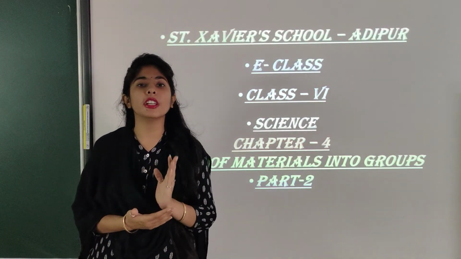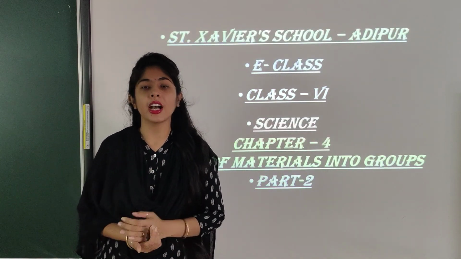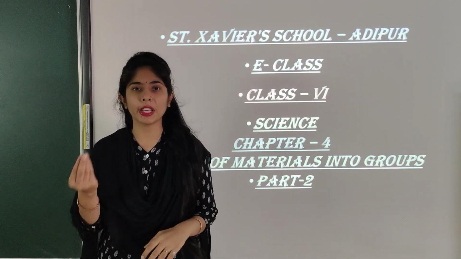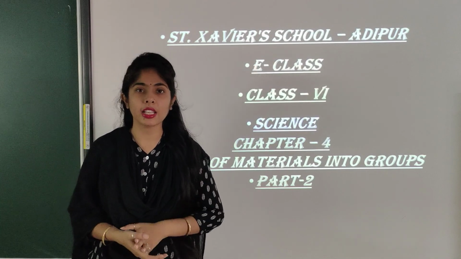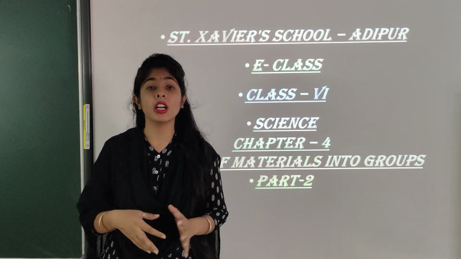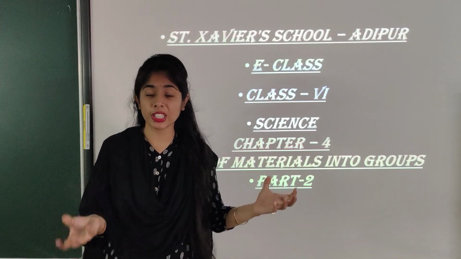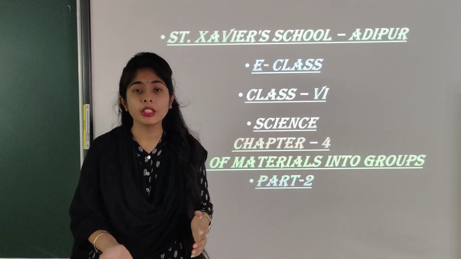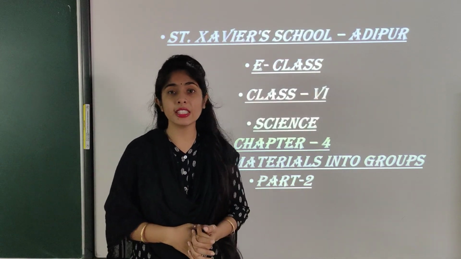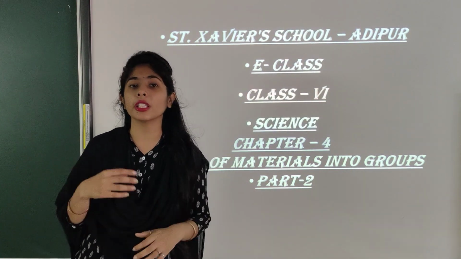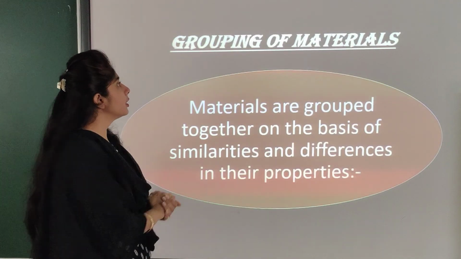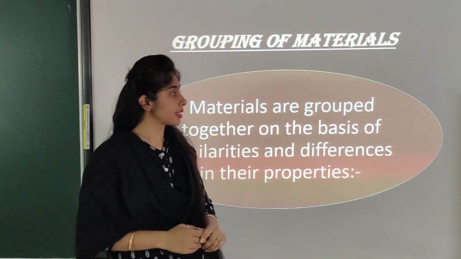So, children, in our last video, we studied the different kinds of materials. Some are made from wood, some are made of plastic, and how they can be used, how they are different from each other because they are made from different things. Their uses are different. So in this way the grouping is done. Now let us see how they look, how they appear.